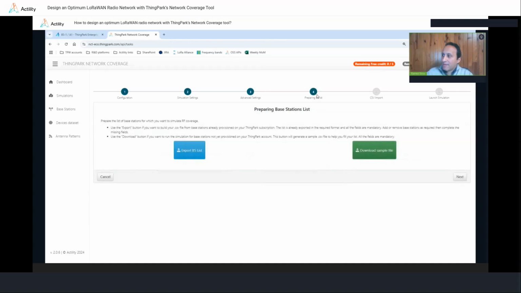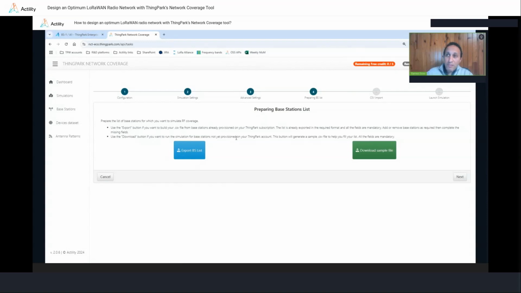And then we come to the stage where you would like to import a CSV file with all the candidate gateways that you would like to use for your simulation. So to do that, either you want to rely on the base stations which are already under your SIMPAC account. Remember the 35 base stations that I showed you under my account.